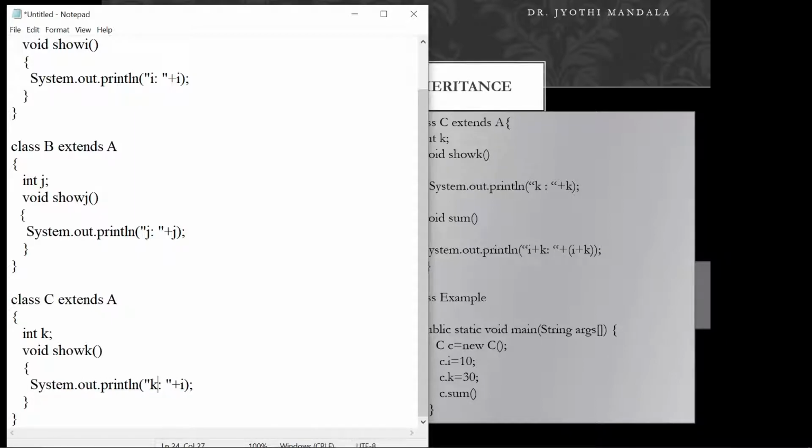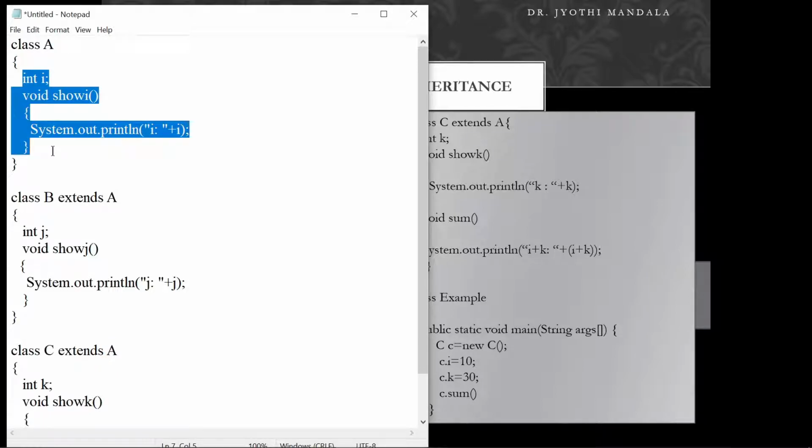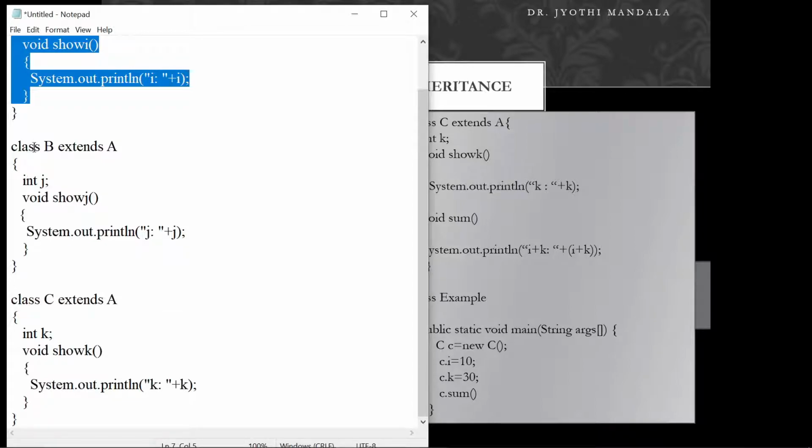Now understand here, the C object we create has the capability of accessing the variables defined in its own class and also its parent class A, which is I and the show I method. Now we have created 3 classes.